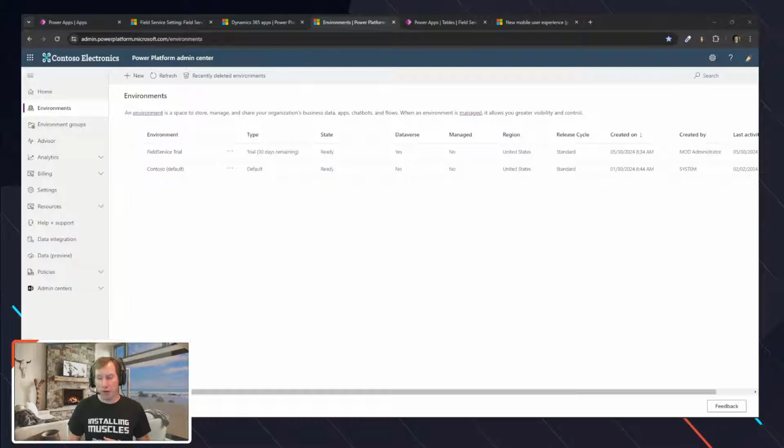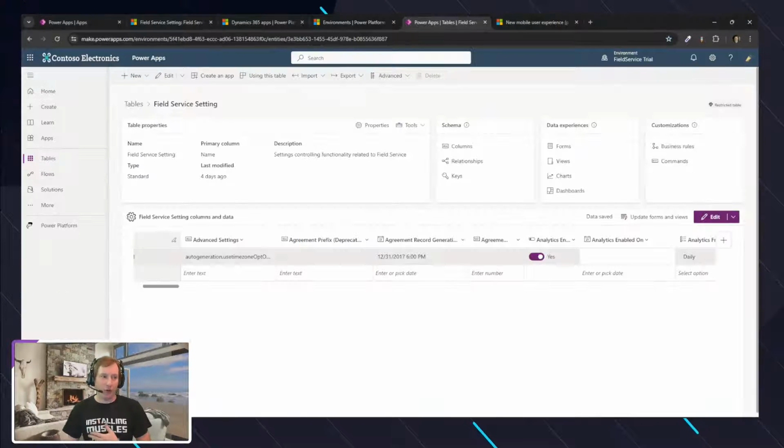The second thing to note is that to be able to use some of the new mobile experience inside of Field Service, there is a setup that you have to enable to then use that capability, right? So how would I get to that setting? Well, a couple different ways to tackle it. I always prefer going to make.powerapps.com,